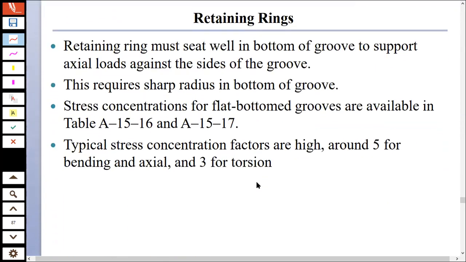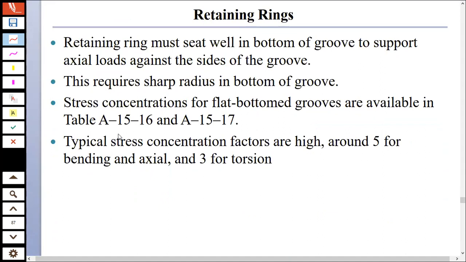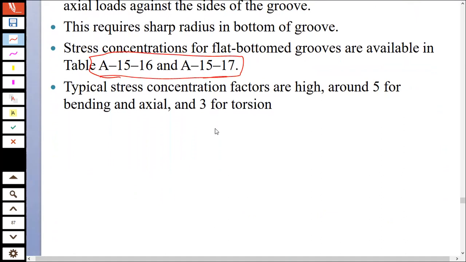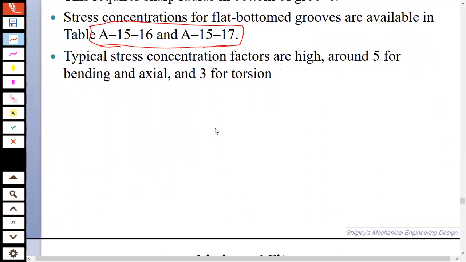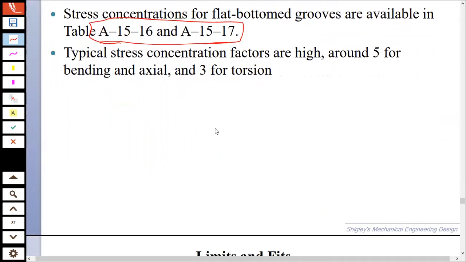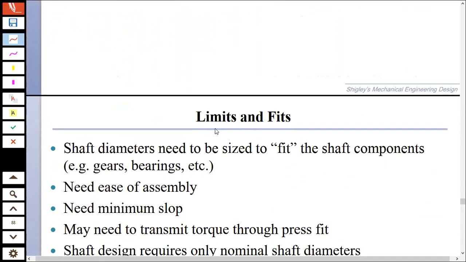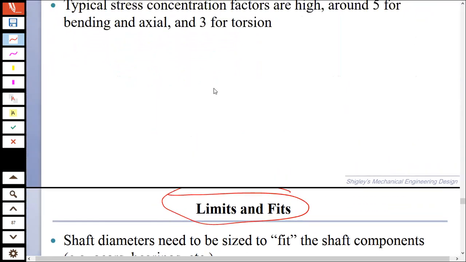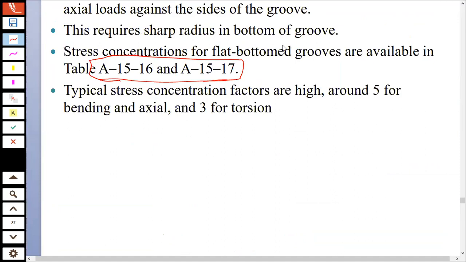Stress concentration factors for the grooves to put in these retaining rings are available in Table A-15-16 and A-15-17. When you use these, typical stress concentrations around 5 for bending and 3 for tension you will use. We already did these limits and fits in the previous semester, Machine Design 1. So this is the end of